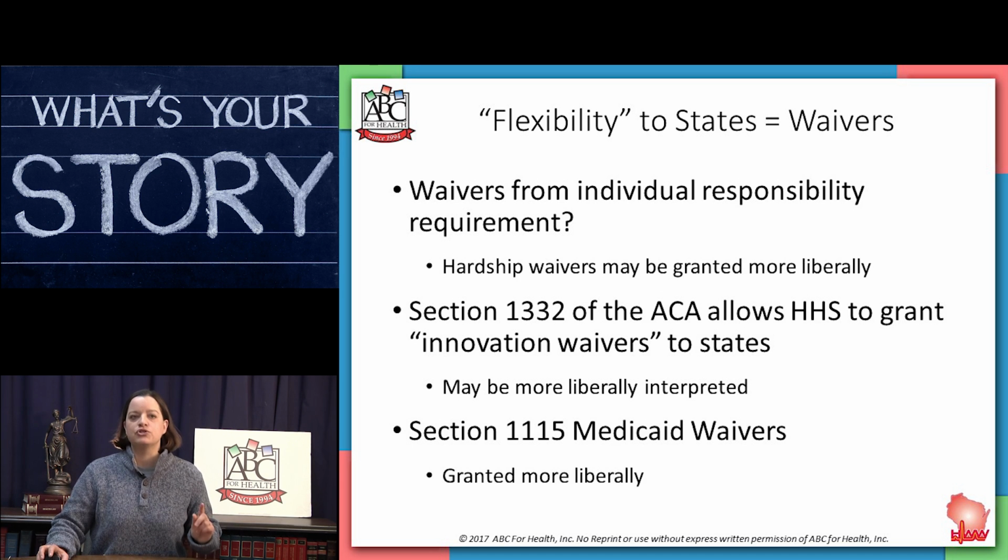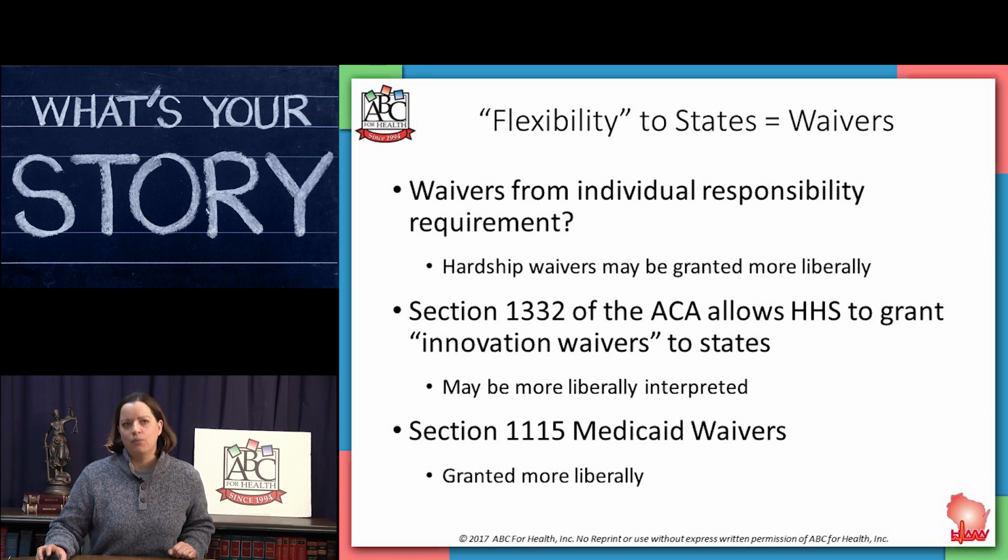There are other waivers, though. Section 1332 of the Affordable Care Act contains what are called state innovation waivers. That lets the states be creative and innovative on how they want to play out or introduce or amend the way that they run their marketplace and other Affordable Care Act provisions. Again, this order giving the states a little bit more flexibility and letting the agencies defer to the states a little bit more might mean that they more liberally interpret what innovation means. So that's another place where we could see a lot more flexibility, something to keep our eyes on.